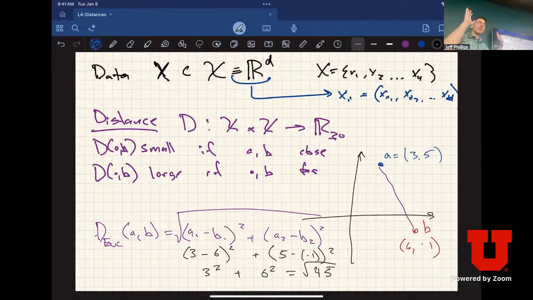Okay, just to make it clear, hopefully you've seen all this before. This is an example of a distance. And so we're going to talk about classes of distances where this will be the canonical example. This is one of the two most common distances you will use, but it's not the only option. And sometimes you want to change how you measure the distance, and that will drastically affect the outcome of the